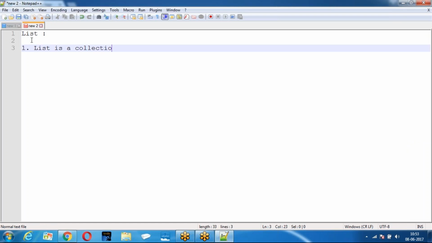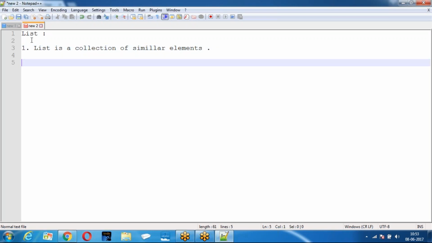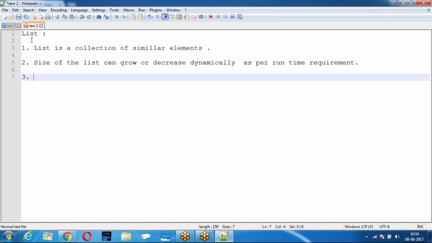List is a collection of similar elements where the size of the list can grow or decrease dynamically as per the runtime requirement. Now, elements in the list